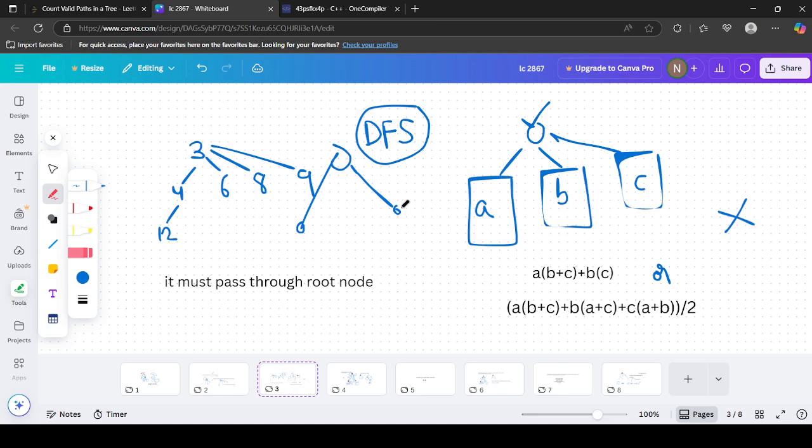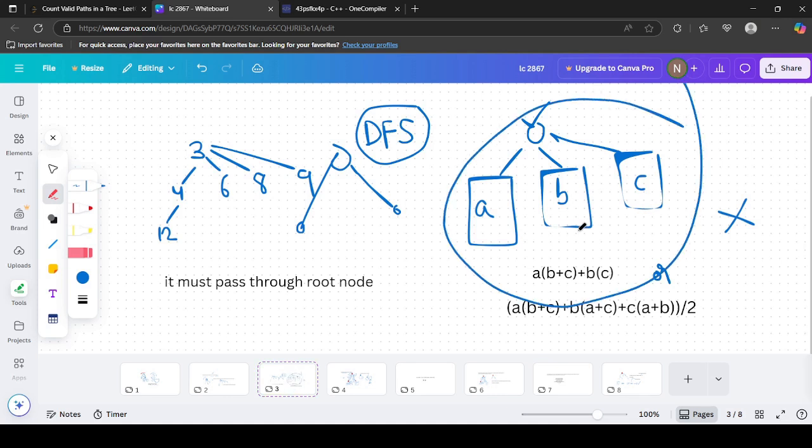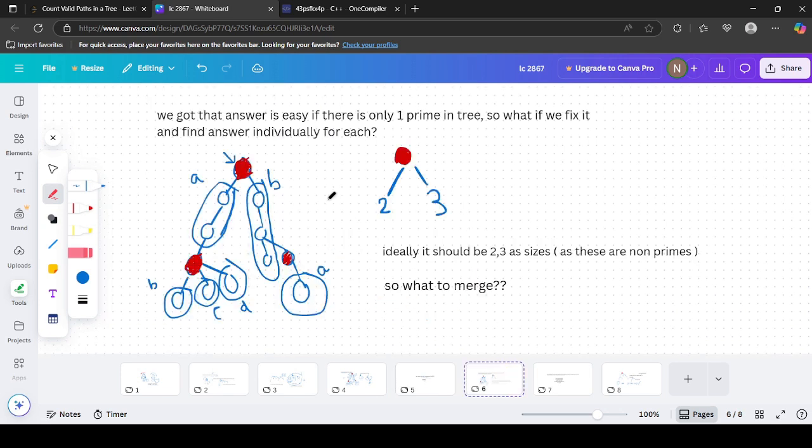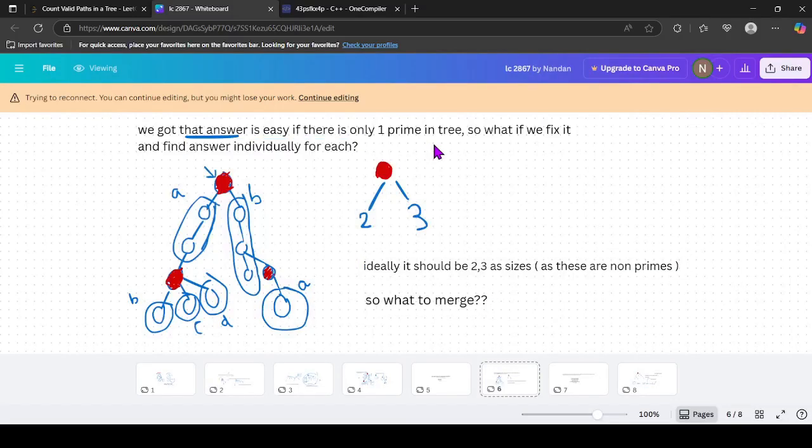So from this, if we try to observe more clearly, the one thing we need is the subtree size in O(1), not the subtree size, but some group of components in O(1), so that we can root at every prime node and we can find the answer. So we want the size in O(1). So what can we think of? It is simply DSU. So now let's try to think more. We got the answer if there is only one prime. So what if we try to fix every prime node and find the answer for every